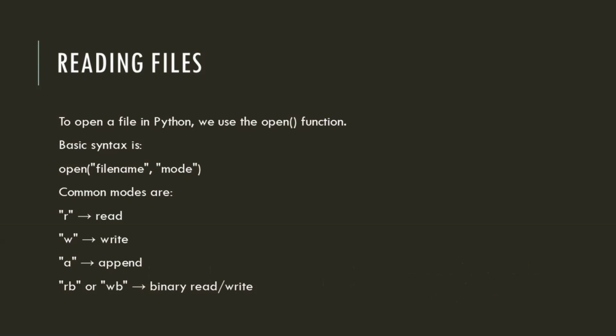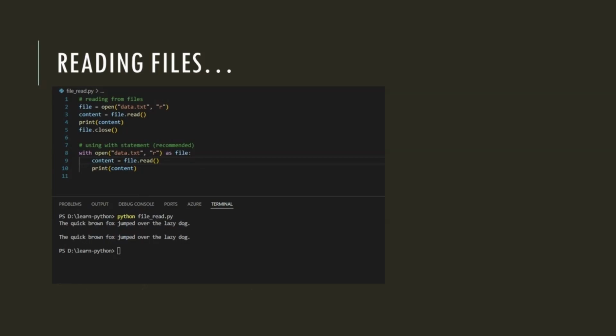Reading files. To open a file in Python, we use the open function. Basic syntax is open(filename, mode). Common modes are r for read, w for write, a for append, rb or wb for binary read or write. Let's read a file. Assume we have a file named data.txt. file = open('data.txt', 'r'), content = file.read(), print(content),